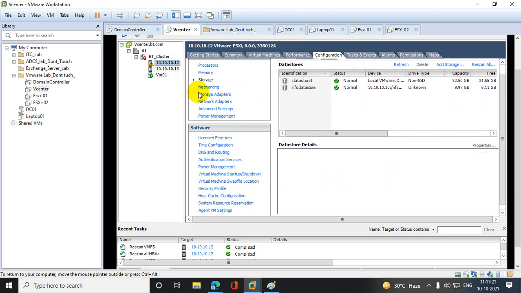So the same thing I need to do here, because this ESXi host is fixed, it is still not there. So let's do the same thing for the other host here as well.